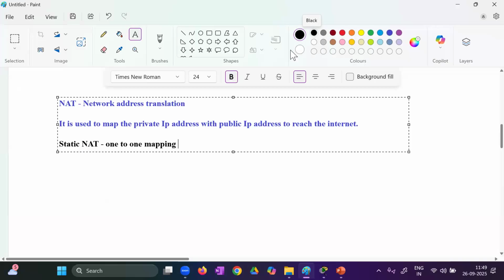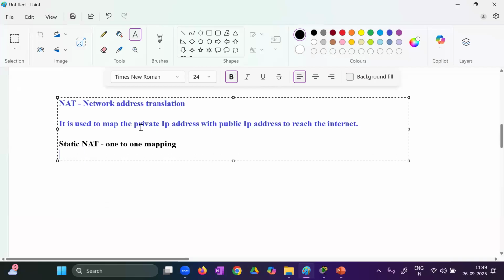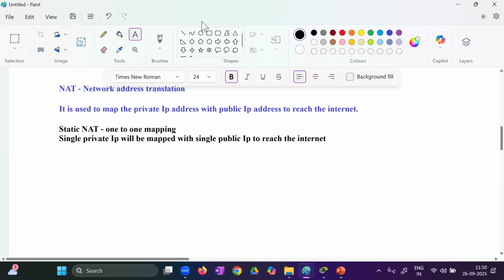In very simple terms, what does one-to-one mapping mean? Here, a single private IP will be mapped with a single public IP to reach the internet. One-to-one mapping. Now, for example, let's say we have taken one scenario